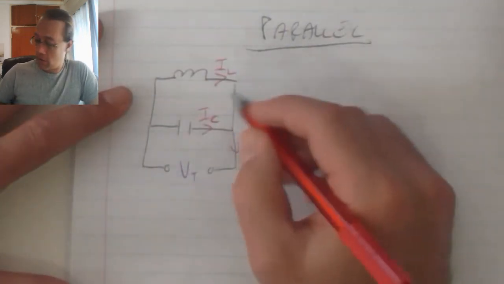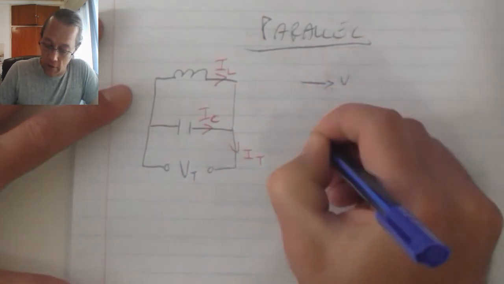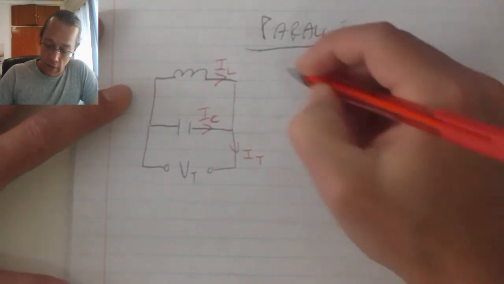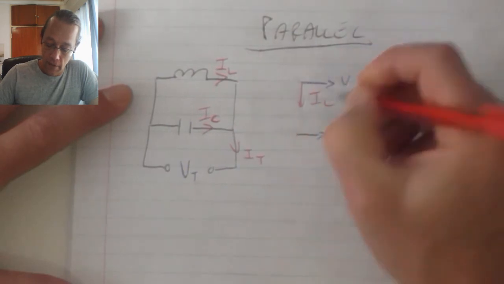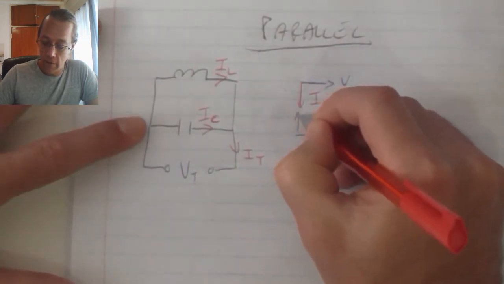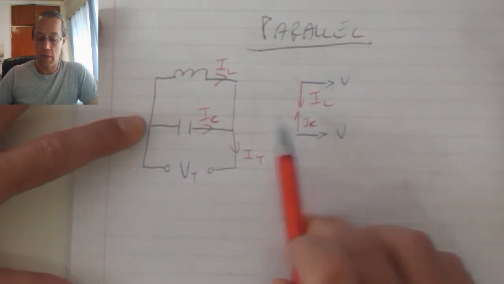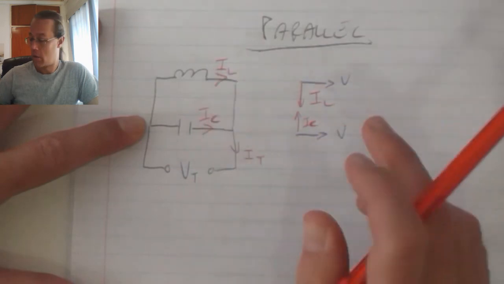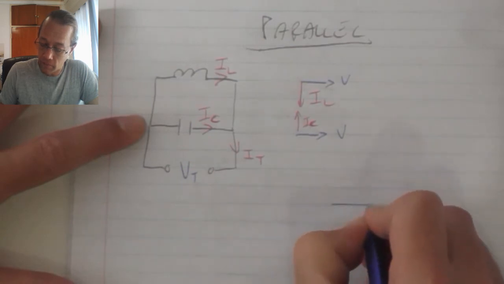So looking at these, my voltage now is the reference. The inductor has a lagging current and the capacitor has a leading current, and those currents are going to be determined by the reactances of the inductor and the capacitor. So when we combine those two,